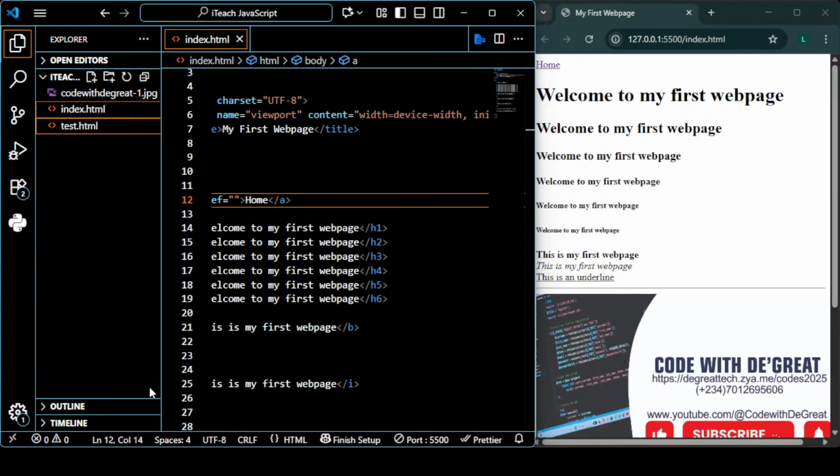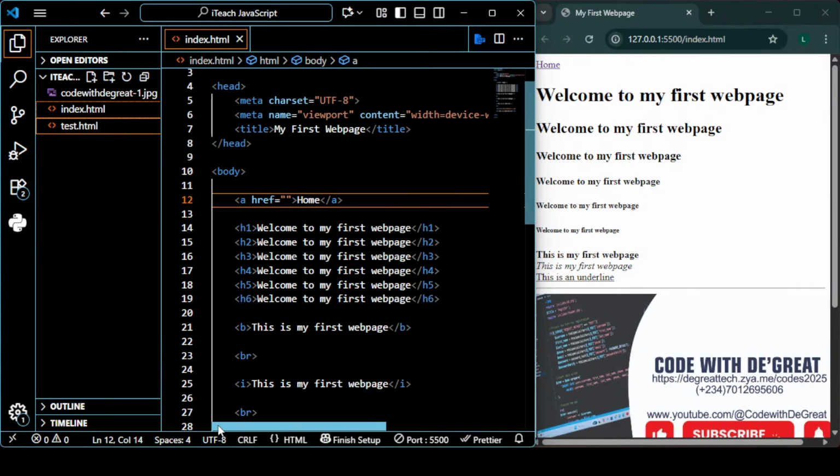Copy the relative path, then you come here to paste it. Okay, so if I should click on